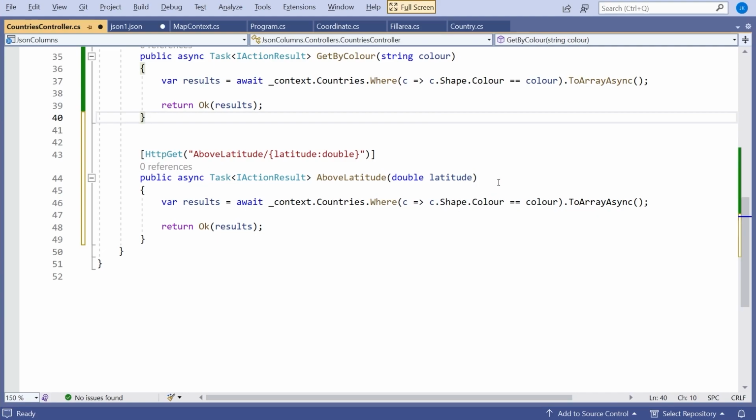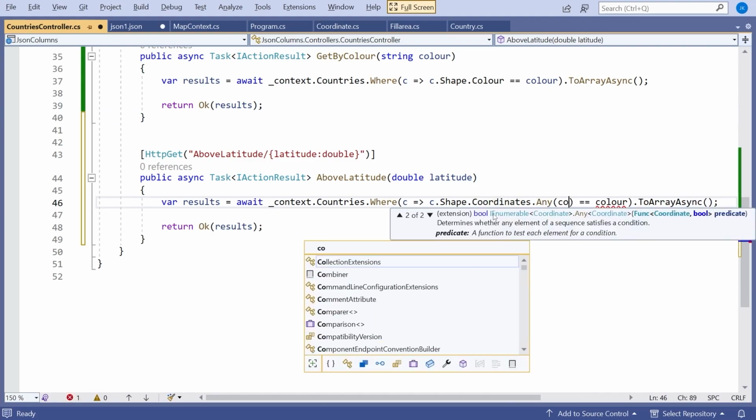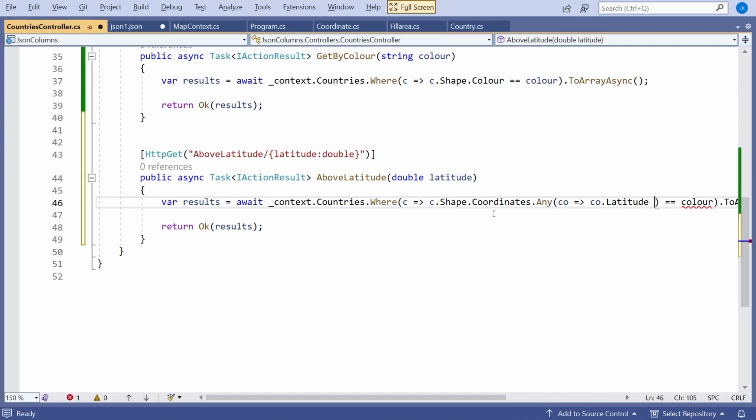and then countries where, and then what we're going to do is do c.shape.coordinates.any, and then where co for coordinate, co.latitude is greater than the latitude that's been passed in. Okay, so that should give us back any country that has any coordinate whose latitude is greater than the value we've passed in. So that's straightforward LINQ to put that query together. But if we run that one up